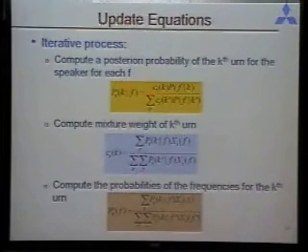Think of it as a function of the observed data. It's not a function of time within each analysis frame. It changes from analysis frame to analysis frame, but it's not an intrinsic model parameter. The intrinsic model parameters, the multinomials, are the ones that are constant.